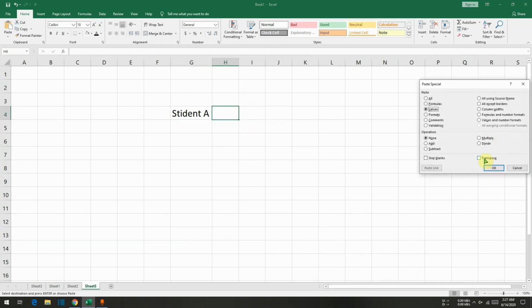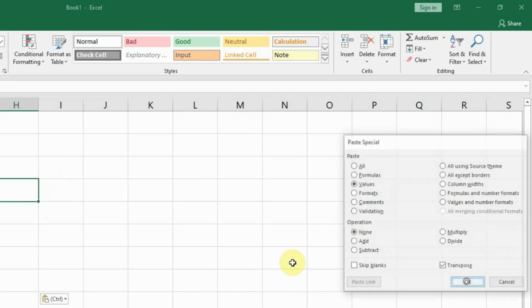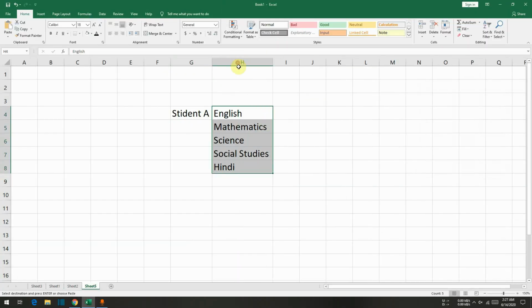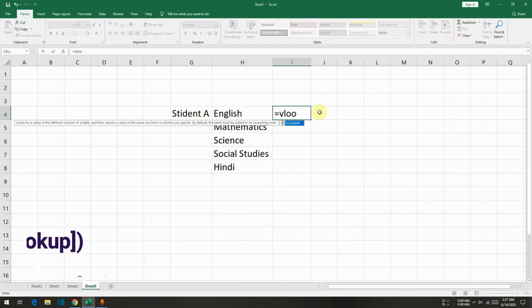What I will do, I will paste values and also do the transpose, so it will come in a vertical manner. Now I want to use VLOOKUP here.